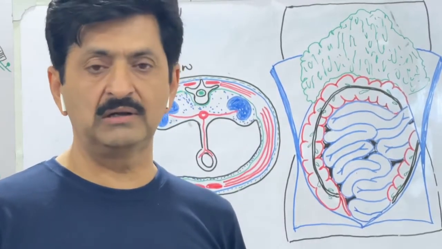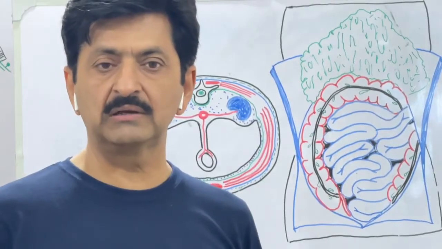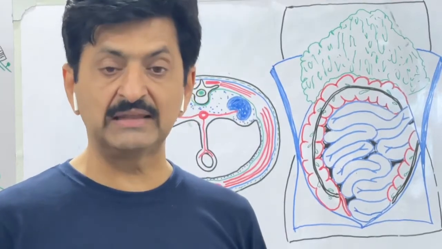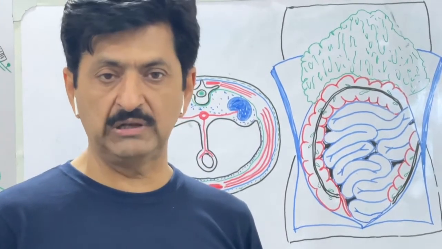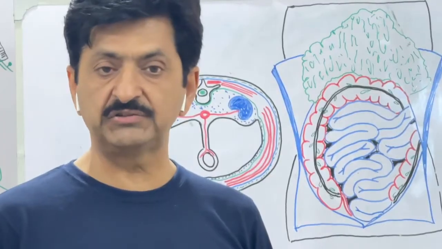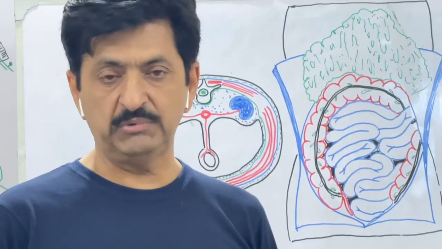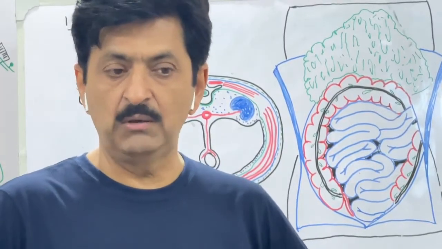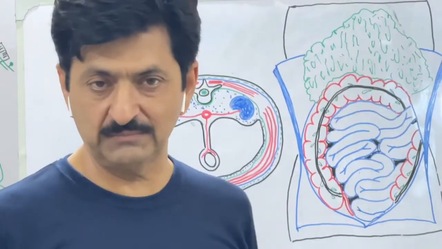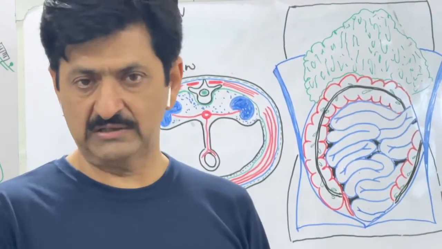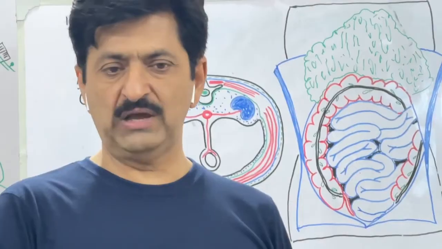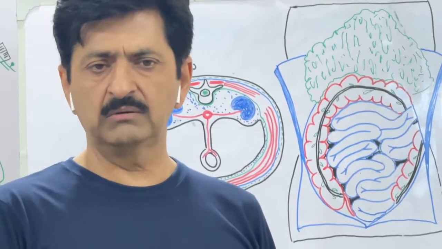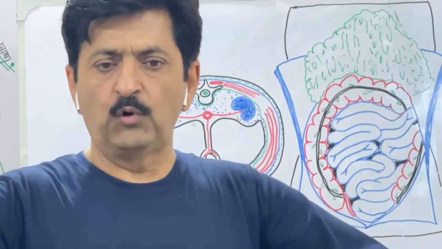Then the three layers of muscles: external oblique, internal oblique, and the deepest, the transverse abdominis muscle. And then three layers of connective tissue: the fascia transversalis, extraperitoneal fat, and the parietal peritoneum. 9 layers we have removed here to enter into the peritoneal cavity, where the peritoneal fluid will splash out. You see, we are opening the abdomen here, that is called a laparotomy also. In the midline, we are having a median incision,